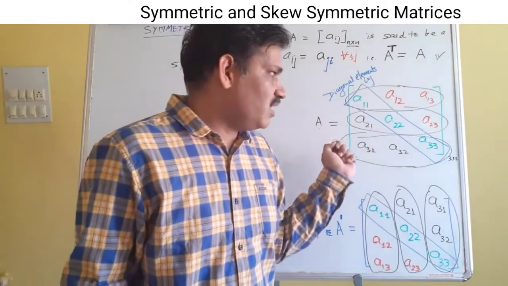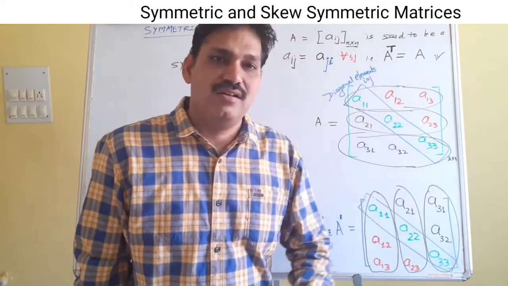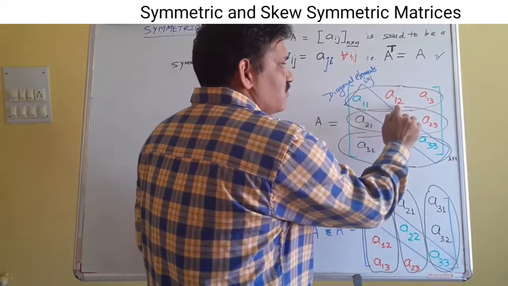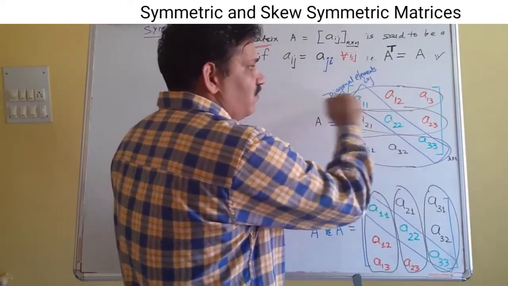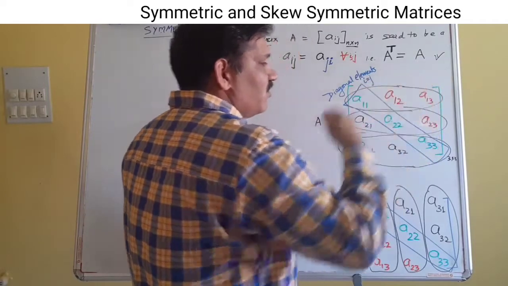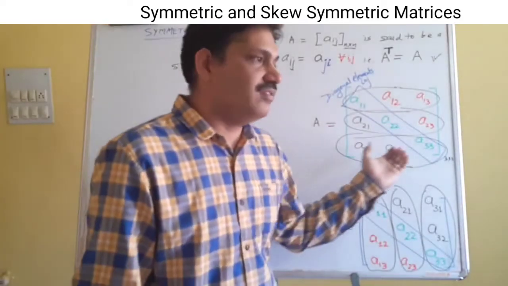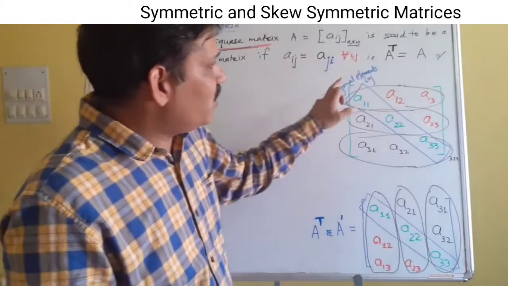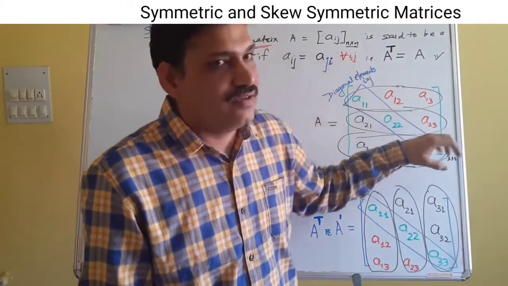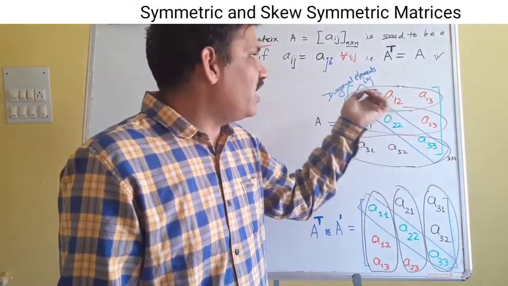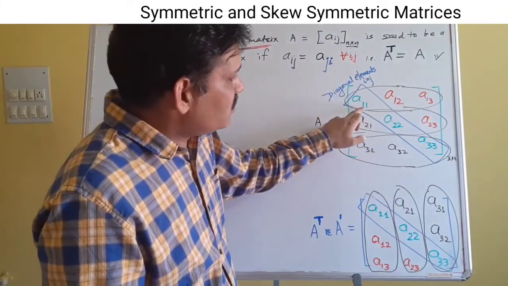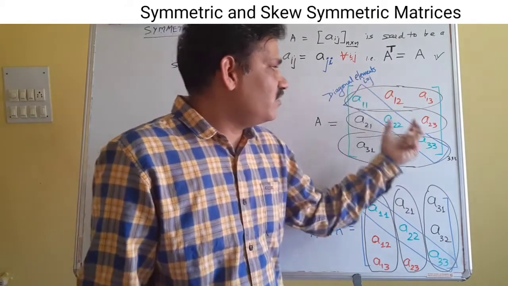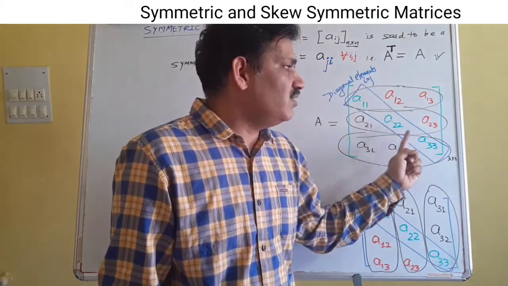Here we have a square matrix of order 3 by 3. The general notation is: we have first row, first column; first row, second column; first row, third column. Likewise, we have the second row and third row and 3 columns. Here you can observe that the elements which lie in the leading diagonal, or principal diagonal, or what we call the diagonal, are those in which i is equal to j. Only those elements are the diagonal elements in which i is equal to j.